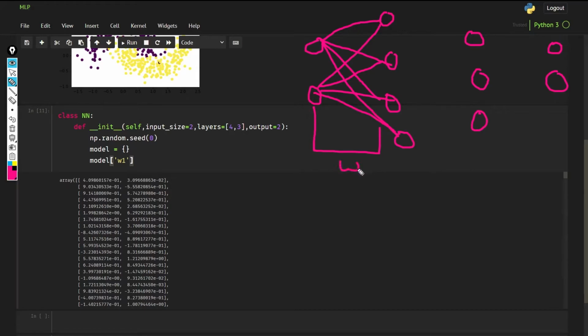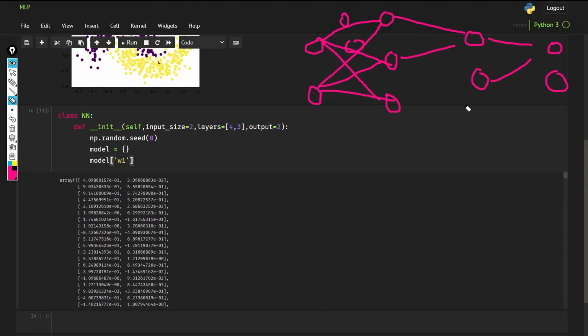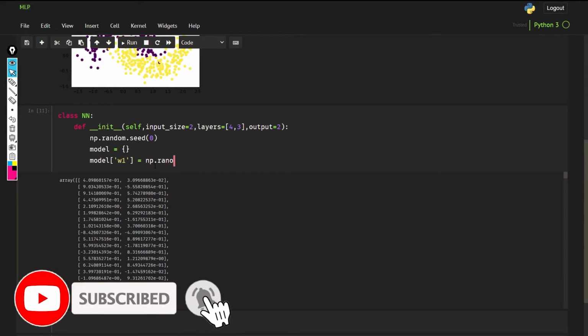So this is going to be our weight 1, and here we will also have b1. Okay, now for this case, this is going to be our weight 2 and bias 2. Now for this case, we will have our weight 3 and bias 3. So we can start them as 0. We can have all the values as 0, it does not matter, but it is good to initialize them at some random numbers. So okay, now for that, what we need to do is make